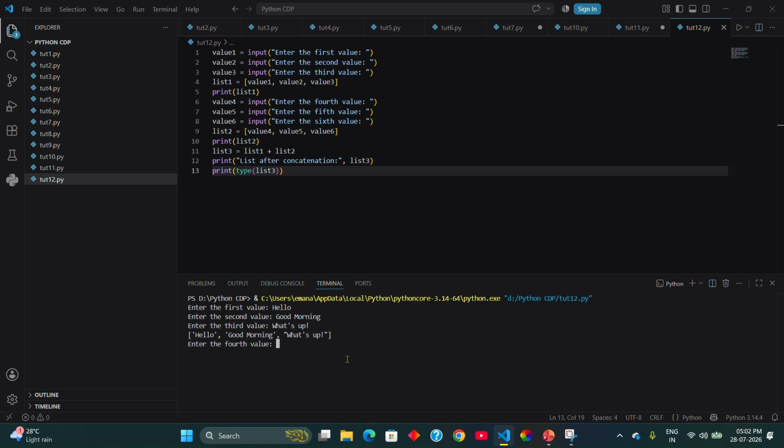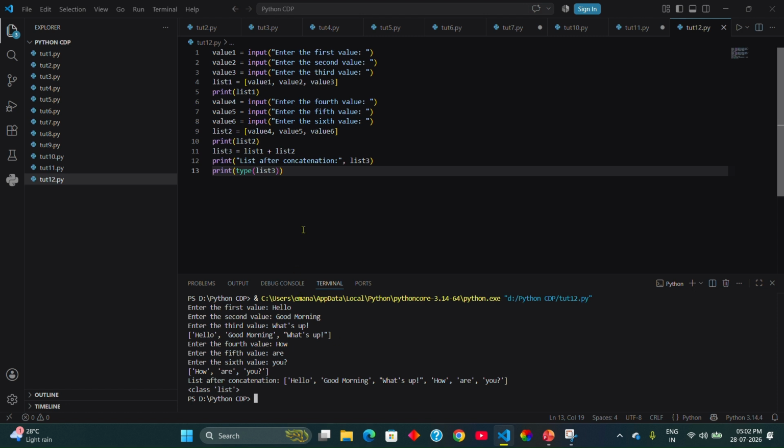What will be the fourth value? So, how are you? Then it will print list 2: how, comma, are, comma, you, respectively. See, and list after concatenation, it will add list 1 and list 2. And hello, good morning, what's up, comma, how are you? And the type of list 3 is list. Okay,